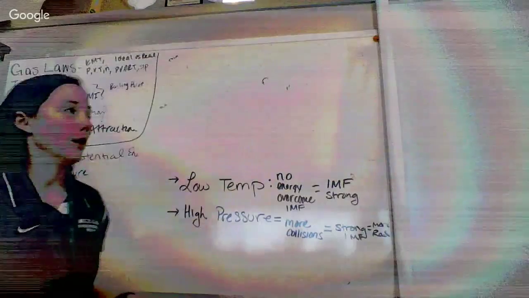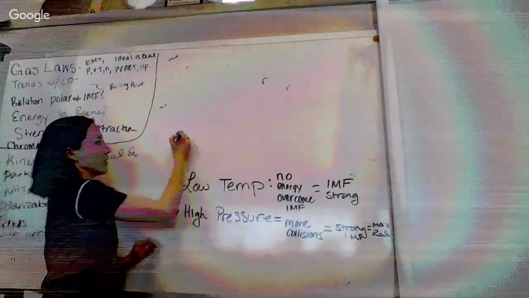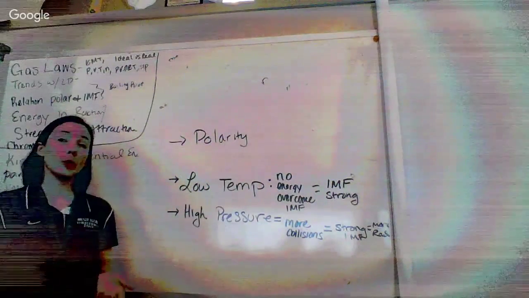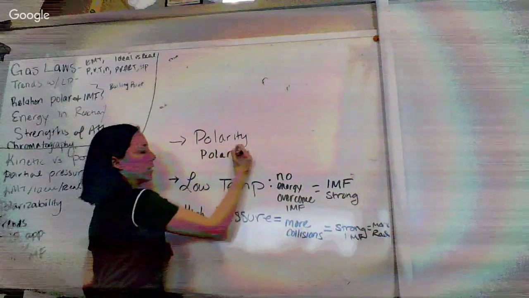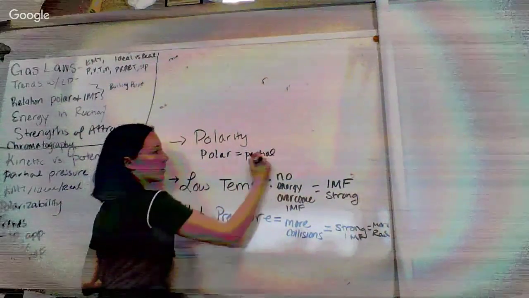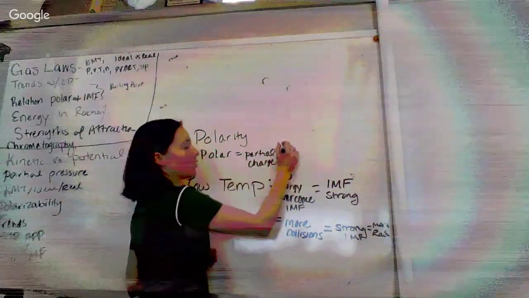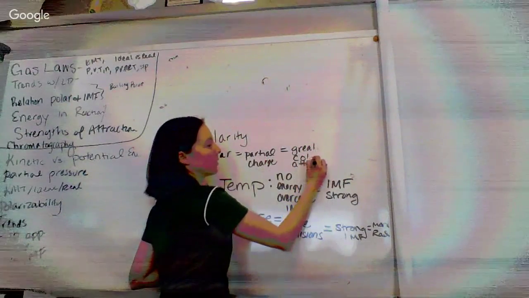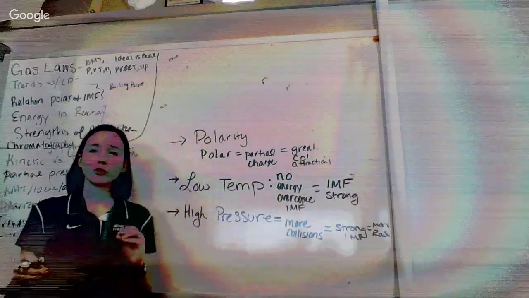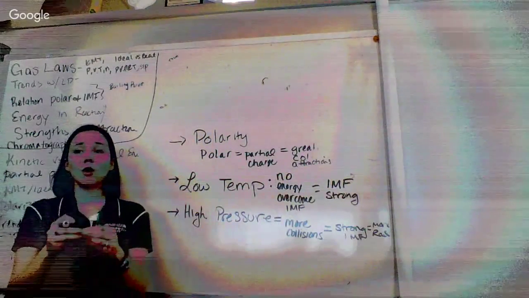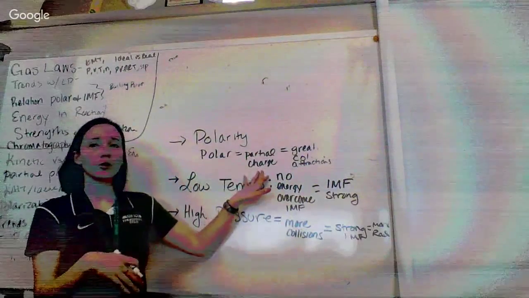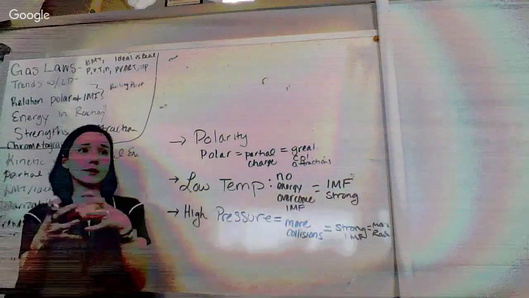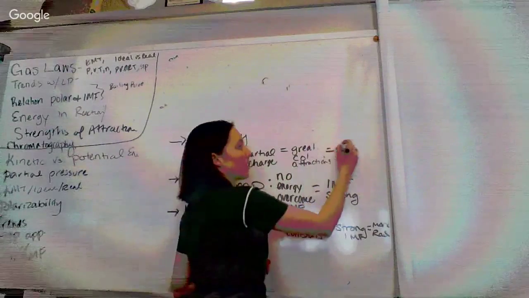So one other thing that leads to things having stronger intermolecular forces would be the polarity of your compound. Remember, things that are more polar: if it's a polar compound, then it has at least a partial charge. And if it has a partial charge, it's going to have greater Coulombic attractions. Just remember those Coulombic attractions talk about a positive and a negative being attracted to each other. So the stronger that charge is, whether it's partial or full, the more your Coulombic attractions increase. And the more Coulombic attractions you have, the more your molecules are going to be stuck together. So that's going to cause stronger IMFs,